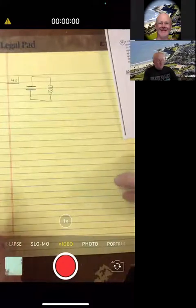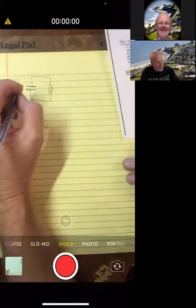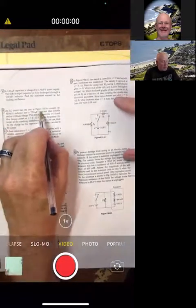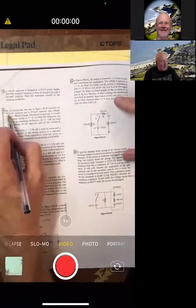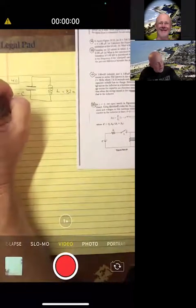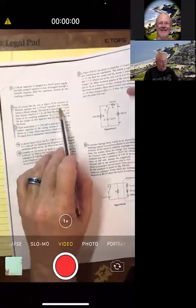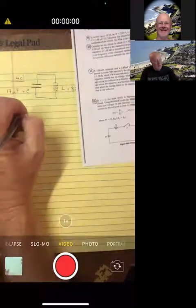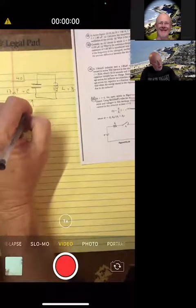Okay, so we have this C and this L. Maybe I'll write in their values. An LC circuit like the one shown in figure 10 contains an 82 millihenry inductor and a 17 microfarad capacitor that initially has a charge. Okay, so I'll call it Q naught,